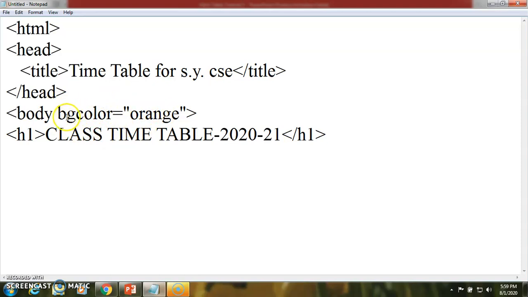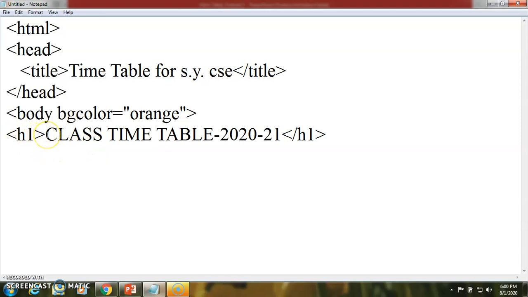So this is bgcolor equal to, where we are giving the name. Sometimes for beginners we can give the name directly, and if you have an understanding of all kinds of information in HTML, we can add the digital combination of colors, that is a 6-digit combination.